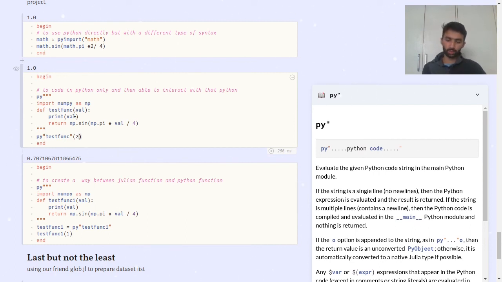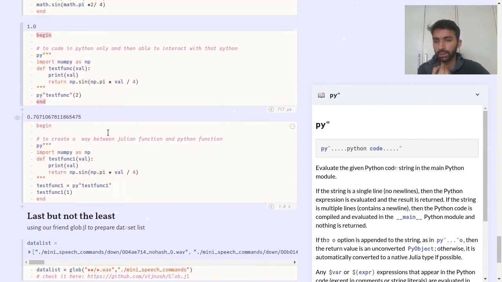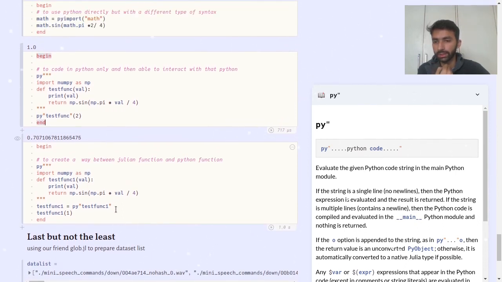I can also add more values, more different data types depending on the arguments. So this works also. Let's run it.